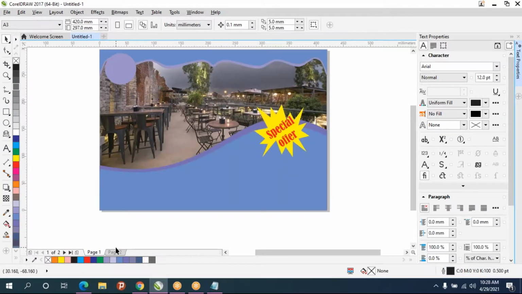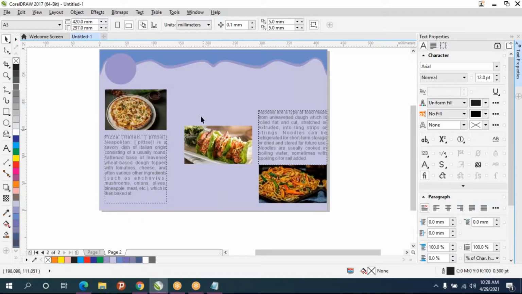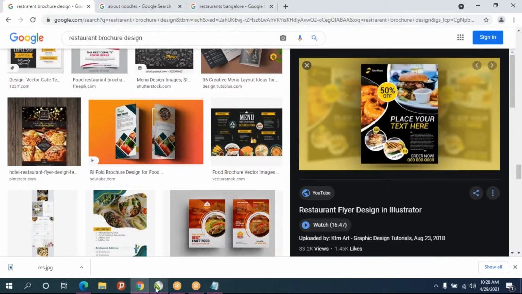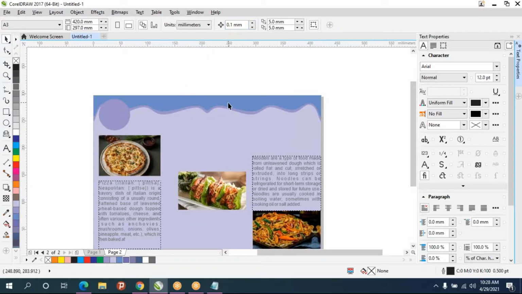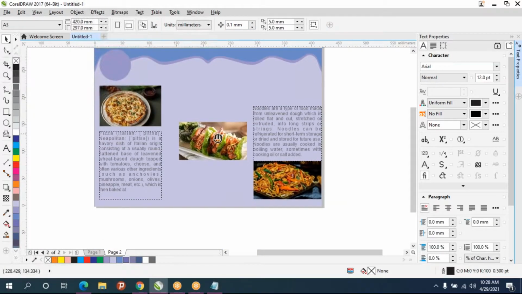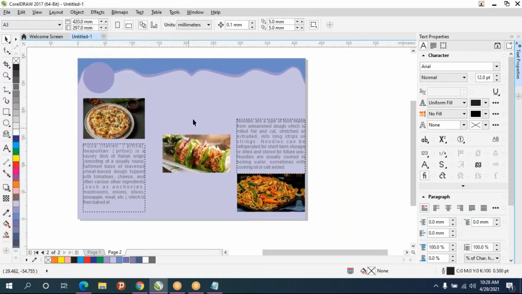So like this, you can create a brochure design, and in the top you can type your company name, everything, and here you can place company logo and company address and all. You can keep it somewhere here, or you can put it here also, no problem. And make sure that mobile number you have to put bigger. Mobile number is more important.